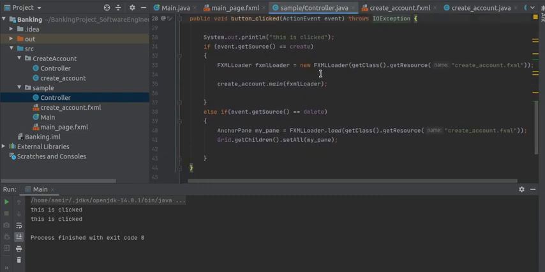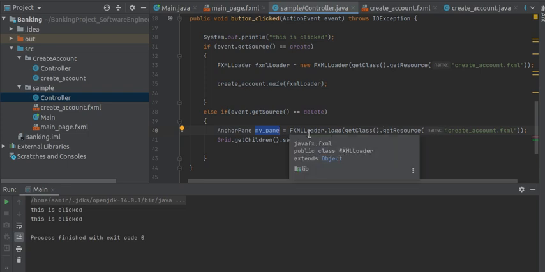So what we did in this video: first you have to note the parent of both windows. In the first window the parent was a grid pane, and the second fxml file has a parent of anchor pane. As you can see, the second file is loaded into this anchor pane because the parent was anchor pane.